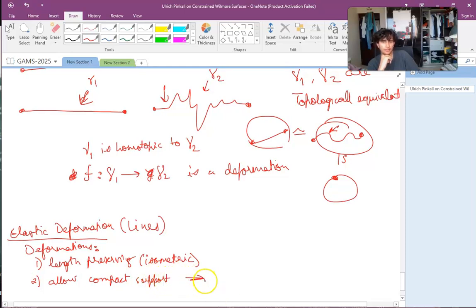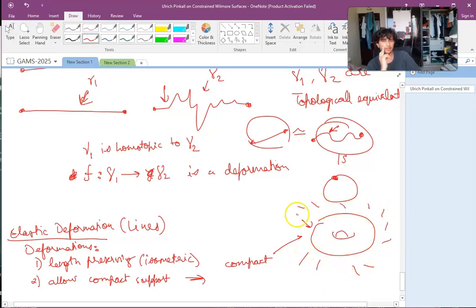So compact support in this case, when I say something is compact, it means it sort of has a boundary. For example, in topology, the notion of compact would say, if I have a space that looks like, say, a donut, I would say this is compact because there is the rest of the space out here in which this thing is not a part of. Everything that lies in here